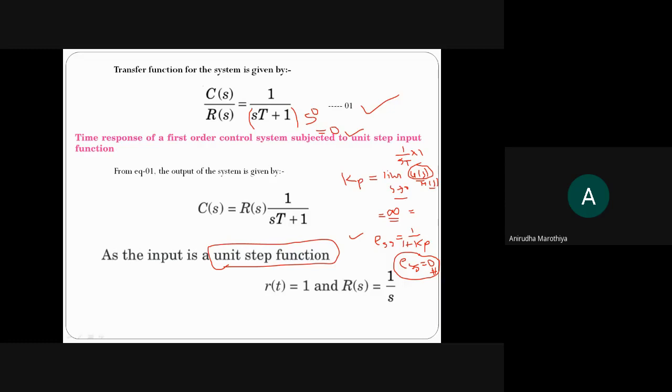कहने का मतलब है कि जो इसका actual response है वो 1 है और जो desired response है वो भी 1 ही आएगा. दोनों match हो रहे हैं. That is the reason the value of steady state error is going to be 0, and we can say that the system is absolutely stable. Are you getting my point?